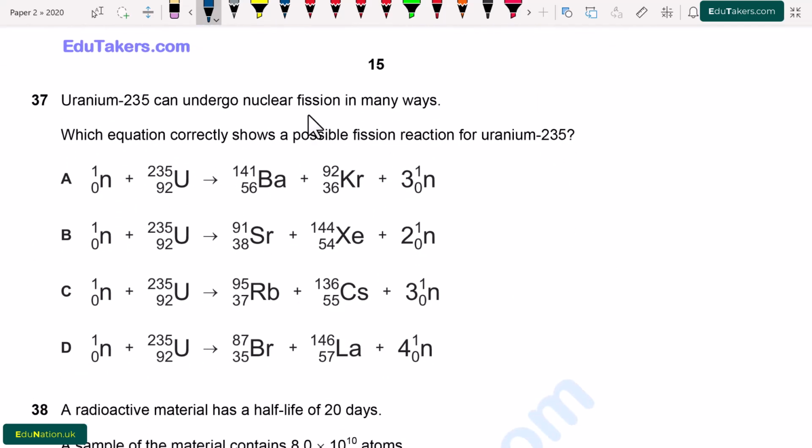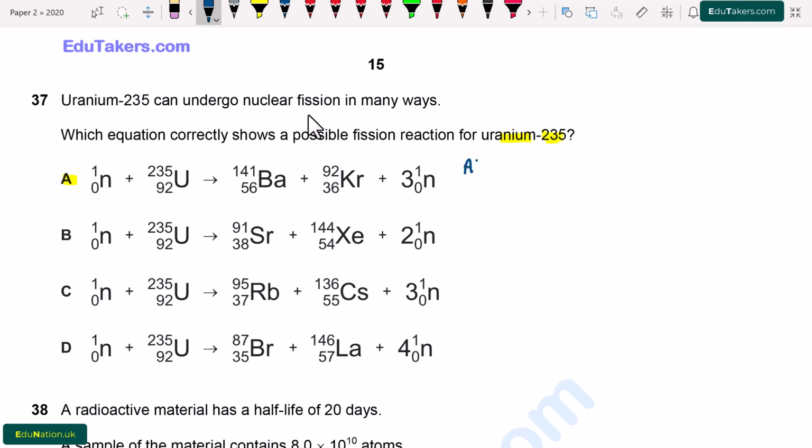Question number 37. Uranium-235 can undergo nuclear fission in many ways. Which equation correctly shows a possible fission reaction for uranium-235? So which one of these is the fission reaction for the uranium? In the first option A, we see that there is a neutron and uranium. So first of all, we just have to check the atomic number and atomic mass on both sides of this arrow. If I take option A,